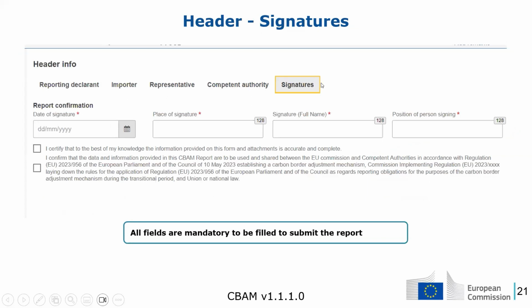So this is the fifth and last tab. Normally, I would advise to fill in this information once the entire CBAM report is ready.